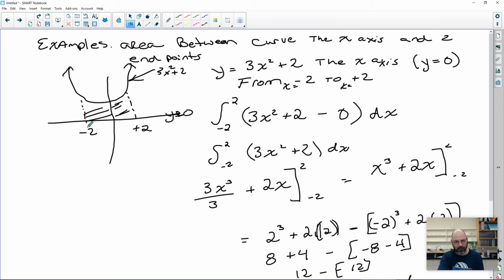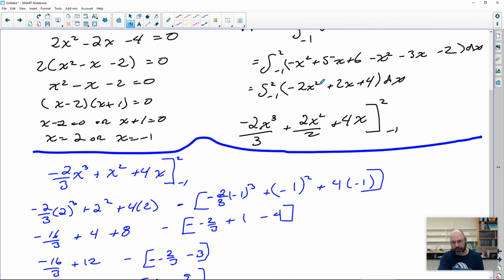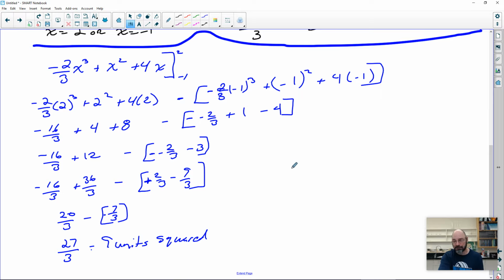Okay, and we also did one with a curve and 2 endpoints. And then the last one we did was 2 quadratic curves or 2 curves. And that's basically the 3 main kinds of examples you get. I could do another 1 or 2, but I think we'll just take a look at the practice assignments that I'm going to give you for tomorrow. There's a few of them in there. You can use that to fill out your